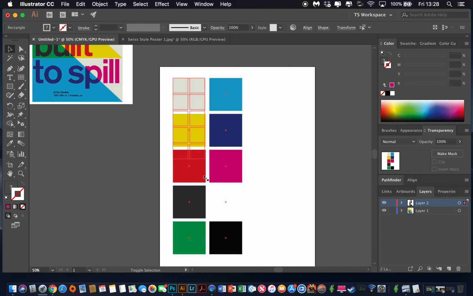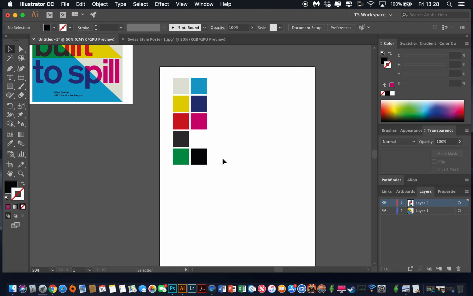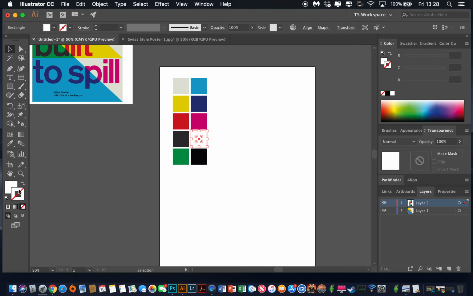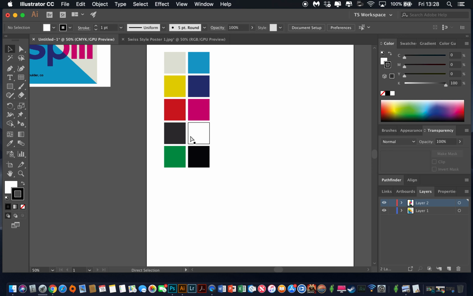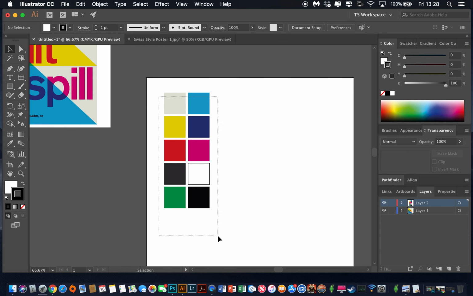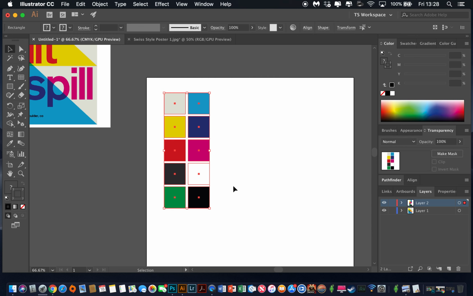up or down, and then if you have multiples, so this one here as well, because it's white, I'm going to need to have a stroke of black so you can actually see it, so people know that there is white in the design. And then you can print that off,